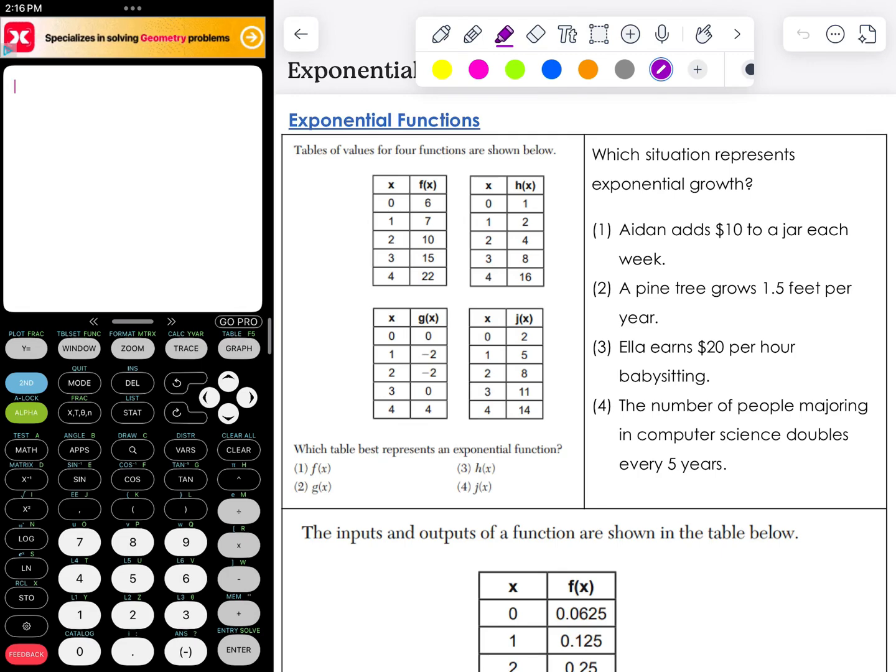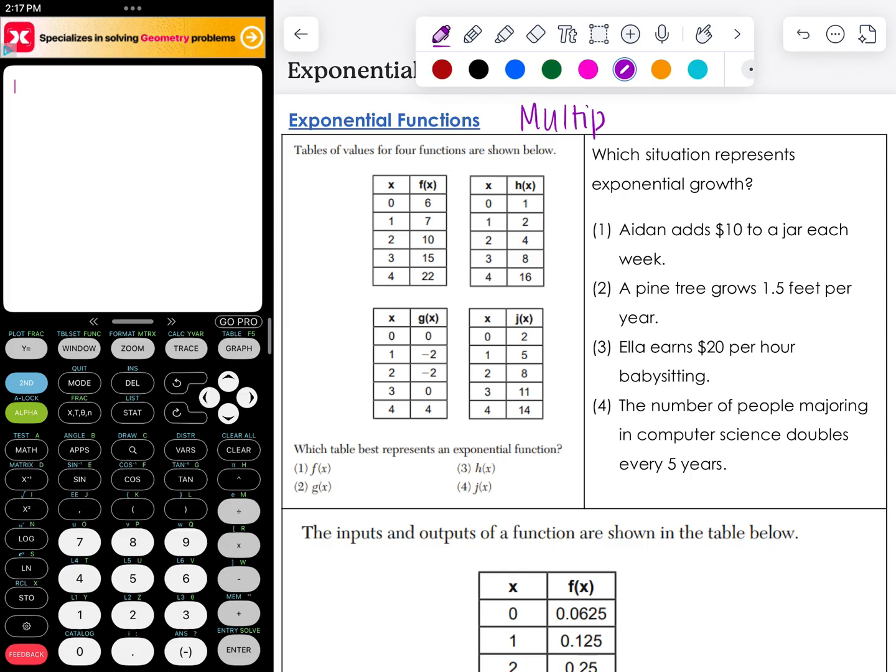Let's take a look at exponential functions. Previously we had looked at a lot of linear functions, which means that the pattern between the numbers is changing by adding or subtracting numbers. Exponential functions look a little bit differently because this time we're going to